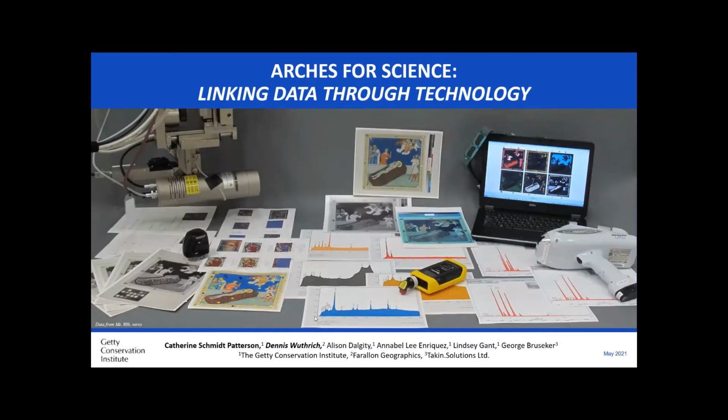Yes. Okay, great. As Anupam said, my name is Catherine Patterson, and I'm a conservation scientist at the Getty Conservation Institute. And I'll be talking to you today about a project we call Disco, or Data at the GCI, to help us dance better with our data. But for your purposes today, we'll be referring to this as Arches for Science, and I'll explain that a little